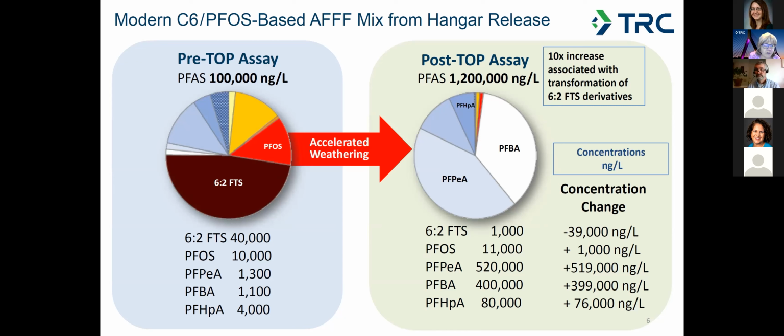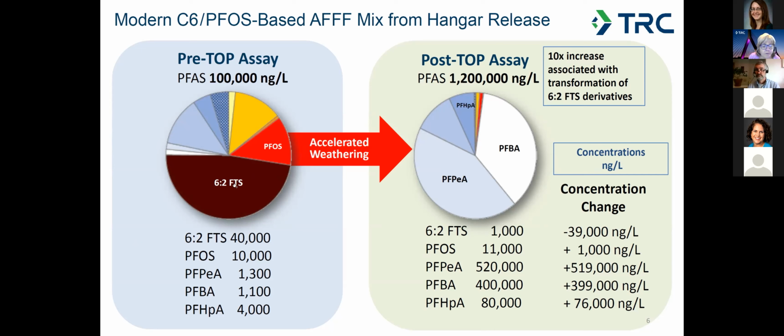So this is an actual water sample from a release at an airport, and it was sampled 2 days after the release from the catch basin, and a lot of the pure foam had flushed out by the time it was sampled. So the release was believed to be a modern C6 fluorotelomer-based AFFF. But you can also see here some PFOS was present. And this was actually determined to be likely contamination from C8 foam that was in the system when they changed out their system from C8 to C6 foam.